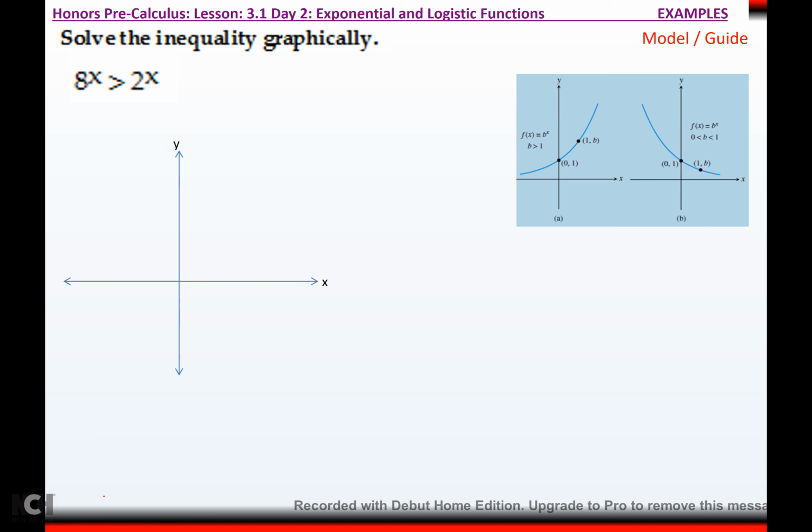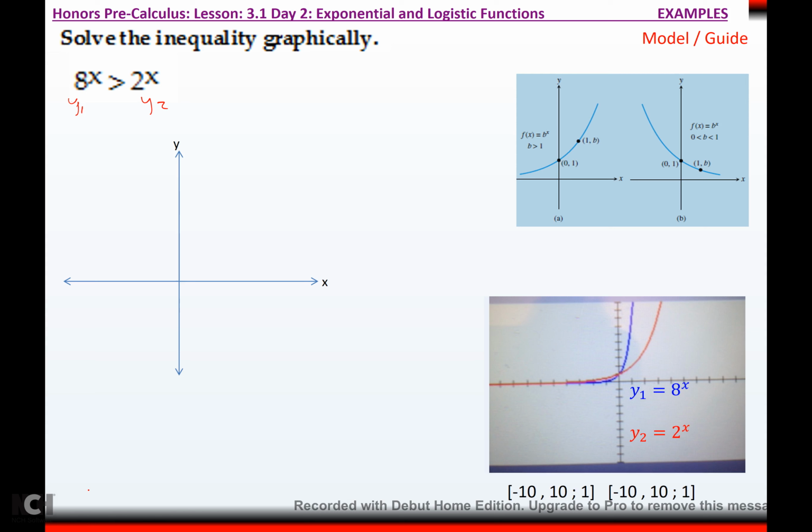Okay, so this one says solve the inequality graphically. And what you're going to do is you're going to type this in for y1 and you're going to type this in for y2, and then you're going to see when 8 to the x is bigger than 2 to the x. So I go to my graphing calculator. For y1 I typed in 8 to the x. For y2 I typed in 2 to the x. And my color calculator really makes seeing these easy. So what you're doing is you want to know